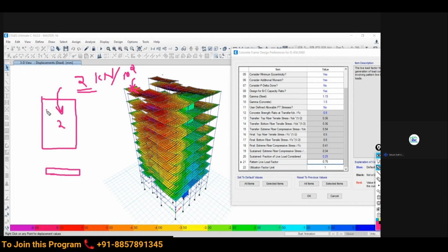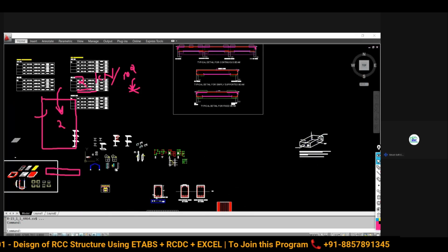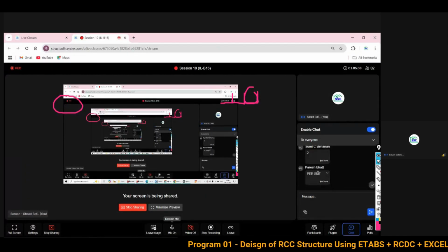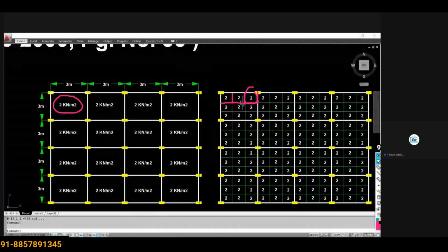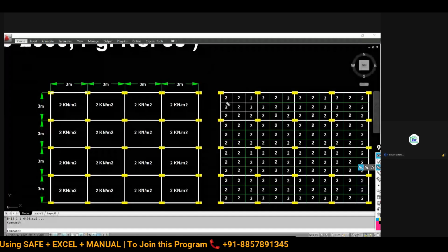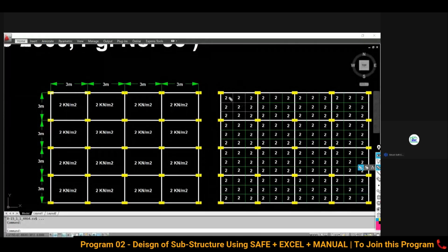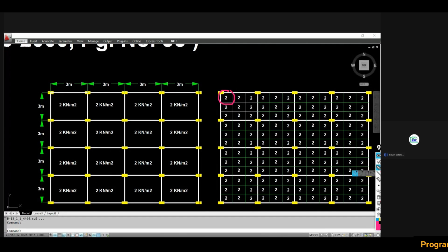No, that is not the case. Have a look at this. What does this 2 kilonewton mean? It means for every 1 meter square, how much load is there? It is 2 kilonewton per meter square, right? So don't be confused. Practically, this is the correct one if you are considering a passage. Suppose over the passage you have considered 2 or 3, let's say 2. So at every 1 square meter, 2 kilonewton live load will be there.